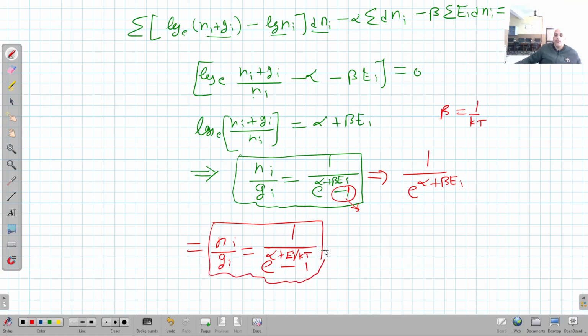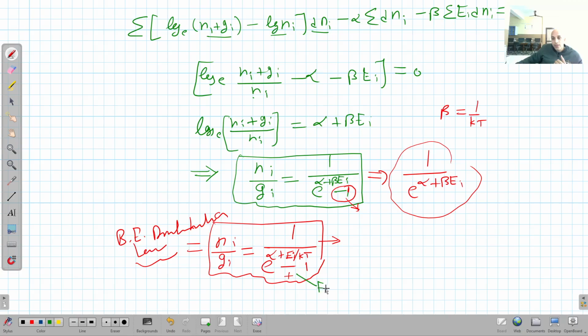This is very, very important in all the applications of Bose-Einstein statistics. We will start from this Bose-Einstein distribution law, so we have to memorize it. For Maxwell-Boltzmann statistics it was this; for Bose-Einstein statistics it is this. We will see in the coming lectures that in Fermi-Dirac statistics it becomes a plus, which means in that case we will have a plus 1 in the denominator. So this is all about this distribution law.